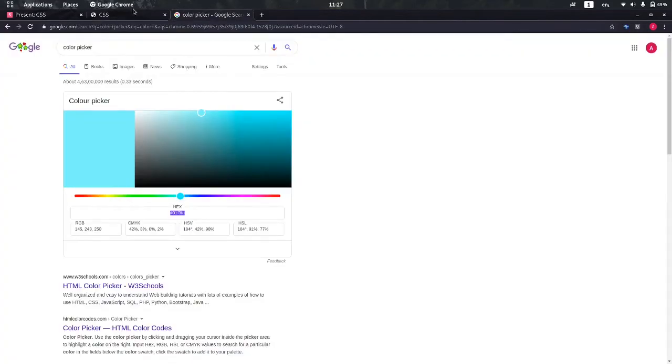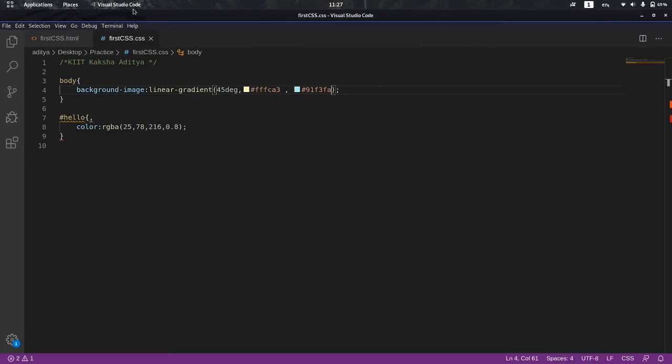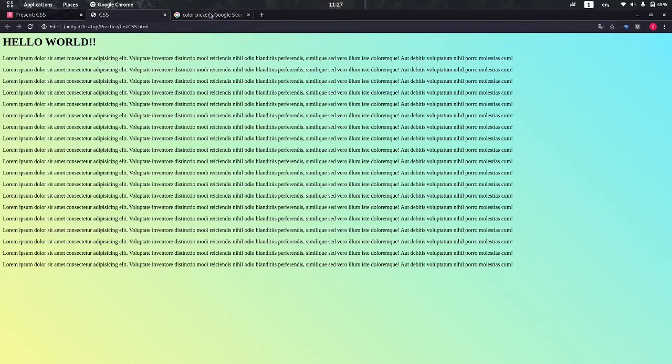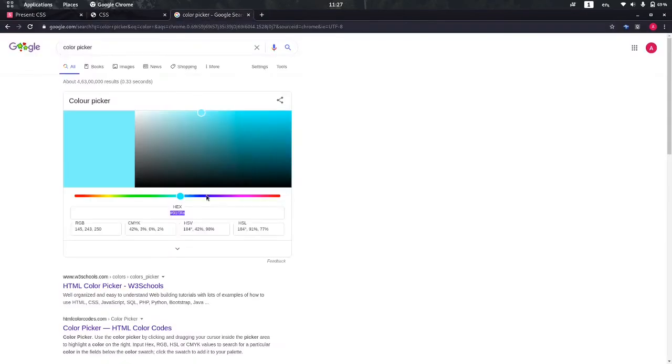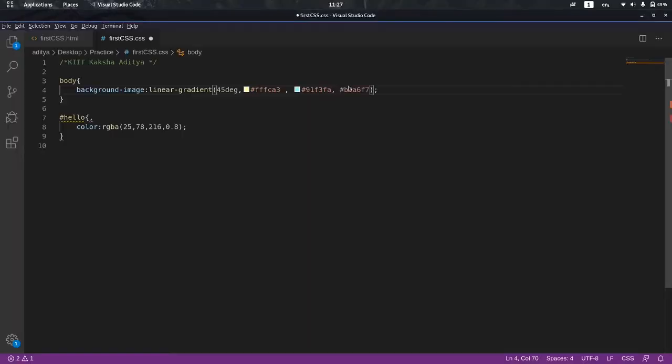What more we can do with gradients is that we can choose multiple color stops, or you can say that instead of using just two colors and showing just one transition, we can choose several colors and we can show multiple transitions. Like, let's select 4 colors here. We will see 3 transitions for 4 colors.